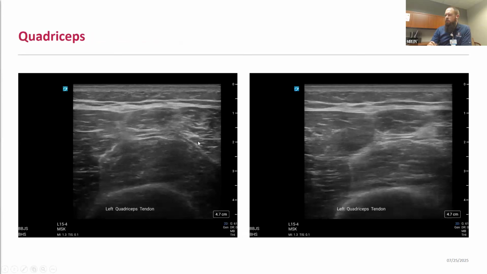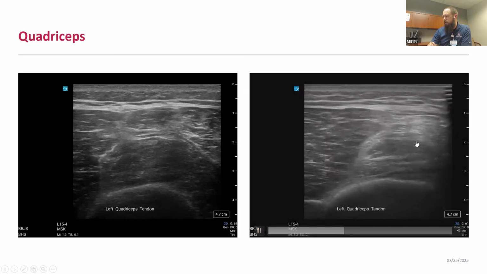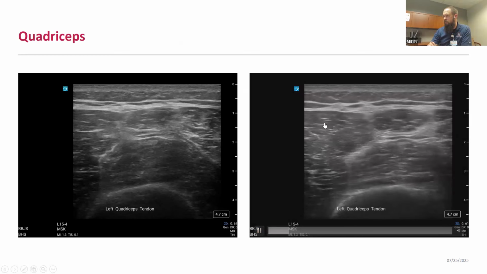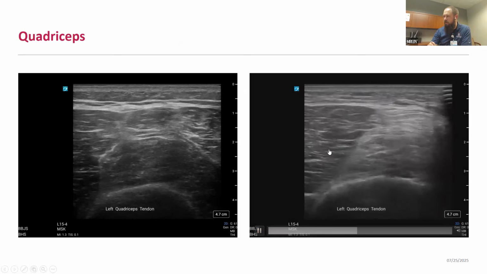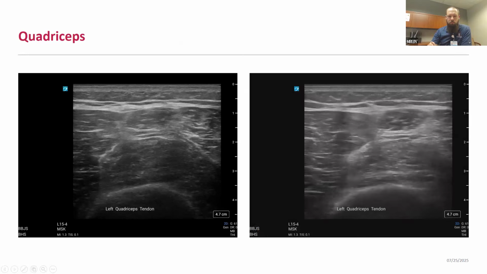Looking specifically at the quadricep tendon, your quadricep is going to be made up of 4 different muscles. On the short axis view here, more proximal within the thigh, we've got your rectus femoris, your vastus medialis, lateralis, and intermedius. And as you track that more distally, you'll see those come together as the quadricep tendon, with the vastus medialis muscle being the one that extends furthest distal compared to the other surrounding muscles.